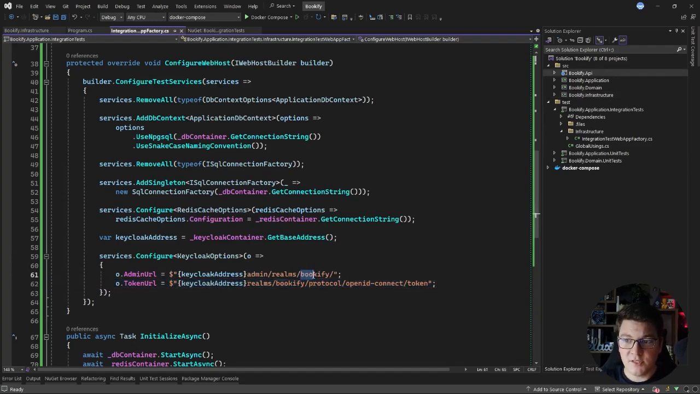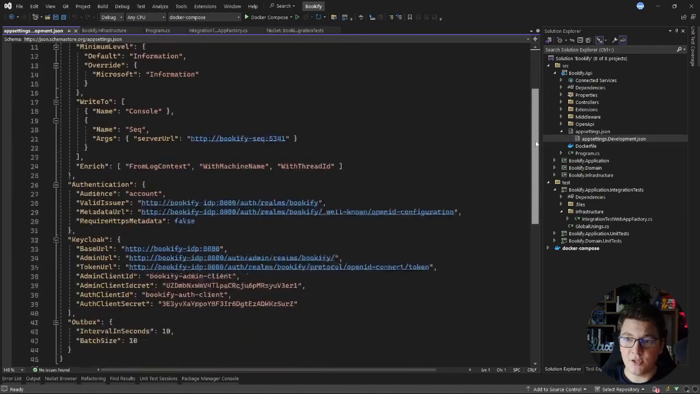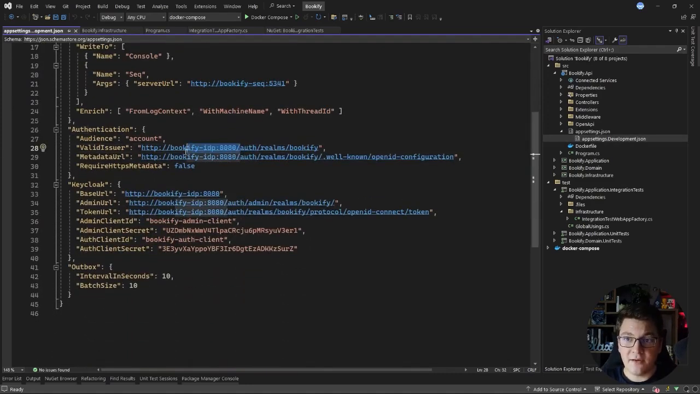Notice that we are referencing the Bookify realm in both instances. However, these values are slightly different from what we have in our appsettings.Development.json. Here I'm specifying auth right after the base address to my Keycloak instance, and this is because the Testcontainers Keycloak library is using a different Keycloak image than the one that we are using in the Docker Compose file. So the Keycloak API routes will be slightly different, but